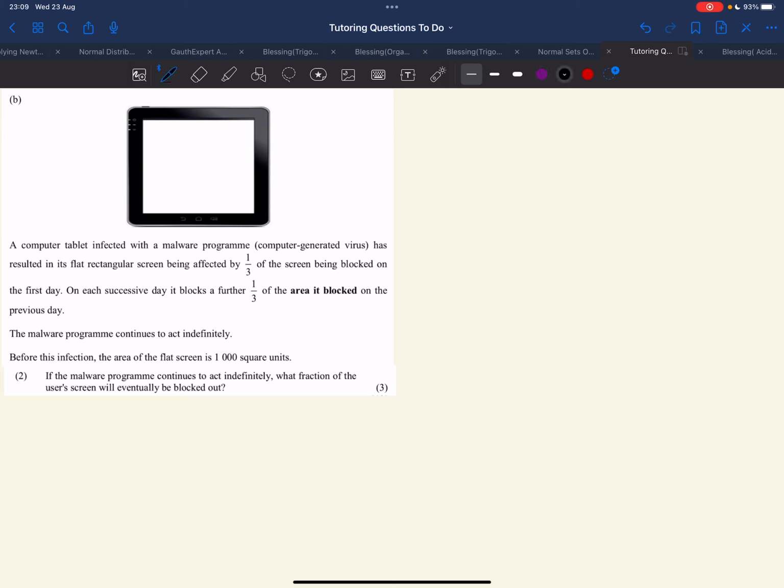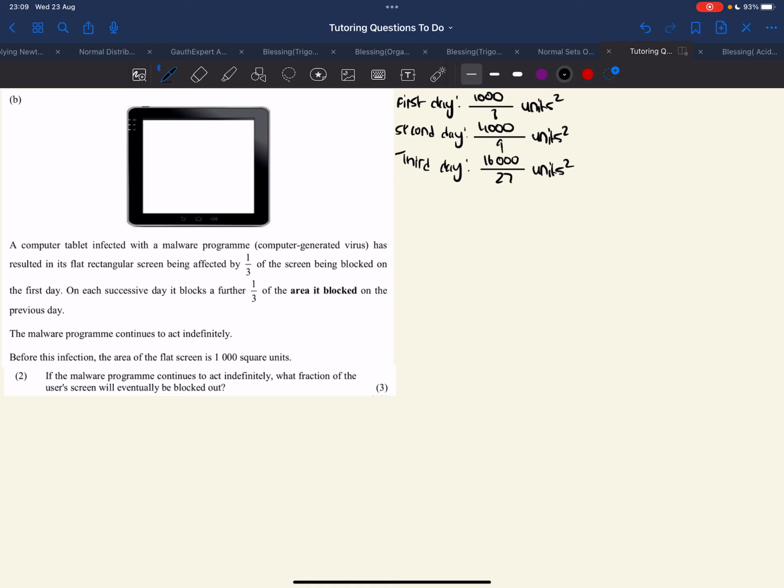Now, for us to be able to do that, remember in the previous question, we found that for the first day it was 1,000/3 units squared, for the second day we found it to be 4,000/9 units squared, and then for the third day we found that it was 16,000/27 units squared, right? Now we can take these as a sequence or as a series, but for this case,